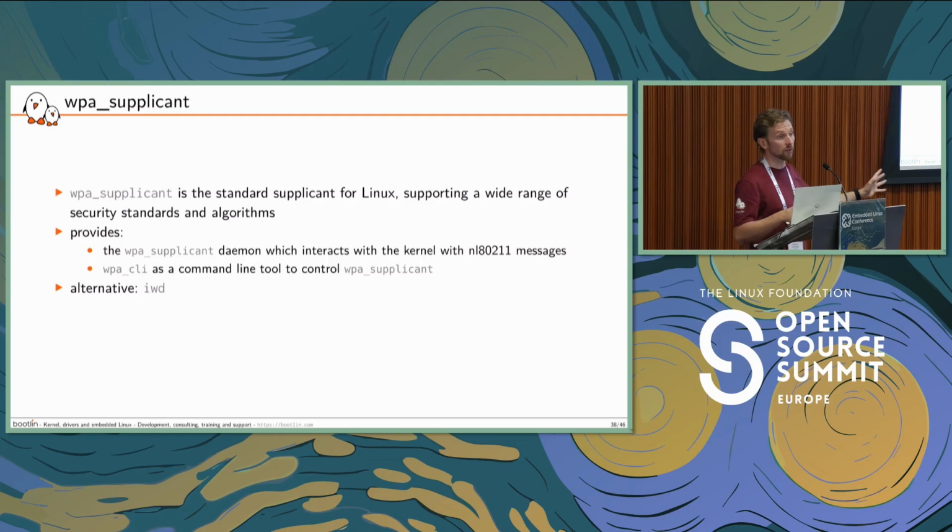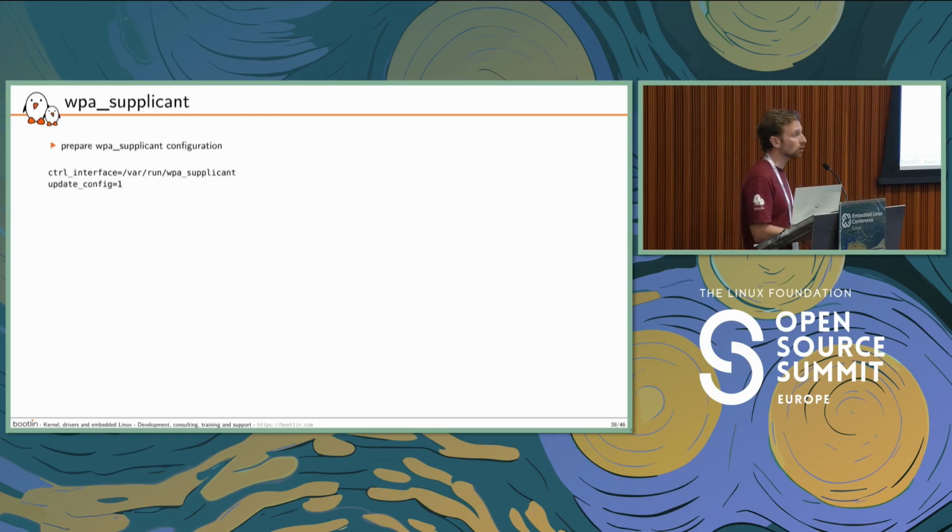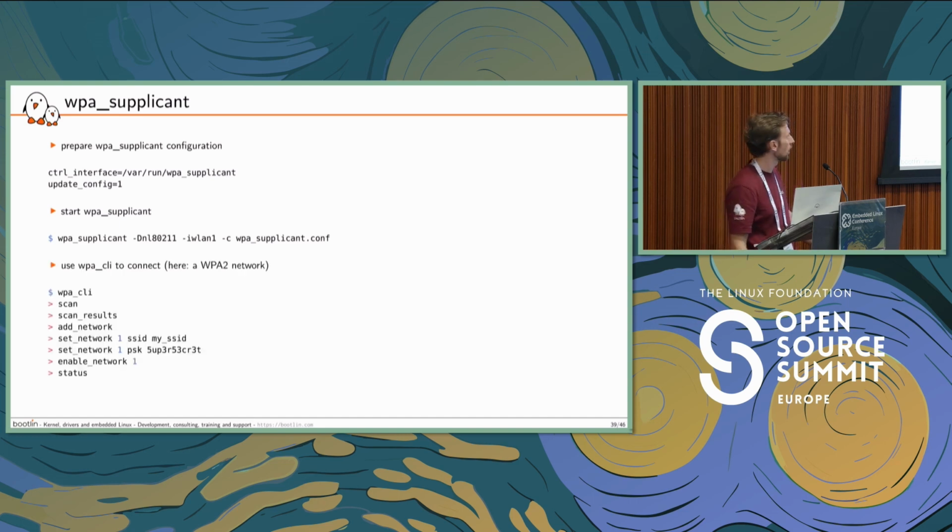And to start using it, it is really straightforward. I have a very minimal configuration file to write, only those 2 lines, and I think the second one is not even needed. I will have to start my WPA supplicant daemon. I provide the kernel interface it should use, the network interface it should operate on, and the configuration. And then I can start using WPA CLI to initiate the scan, spot the network on which I want to connect, configure the credentials, and initiate the connection. And with only those operations, I can start checking that the written driver behaves correctly and interacts correctly with my hardware.